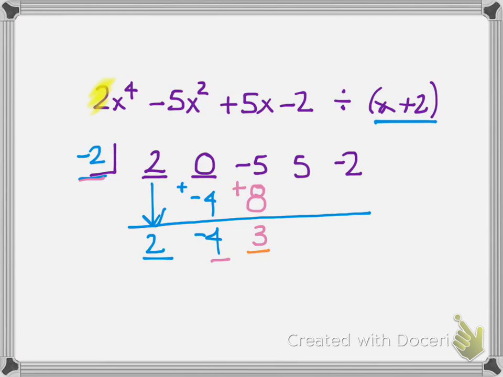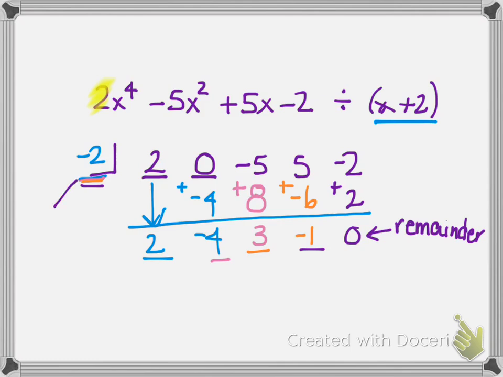I'm going to do that process again. I take this bottom number and multiply it by what's in the box. This becomes a -6. I add. This is a -1. One more time. I take this -1, multiply it by what's in the box, and this becomes a +2. We add, and because this remainder is 0,